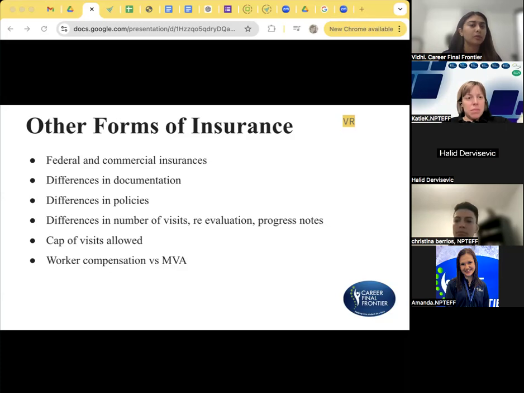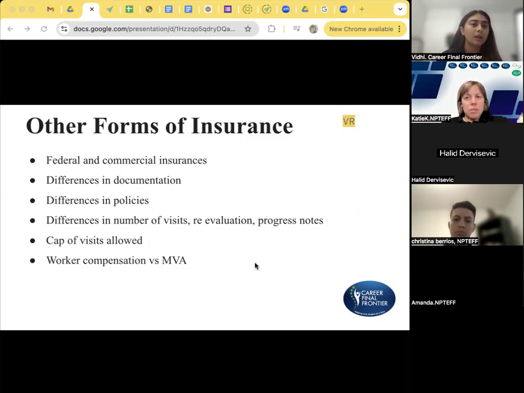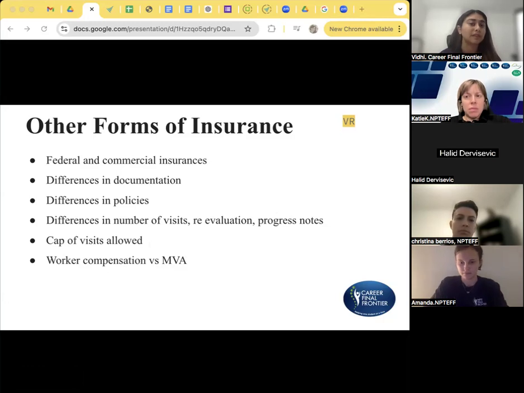I don't think commercial insurances have as much of a problem with you seeing multiple patients, but it's very important for Medicare that if you do see 2 patients at the same time, you're billing effectively only for the skilled things that you're able to do with your Medicare patient. They have differences in policies.